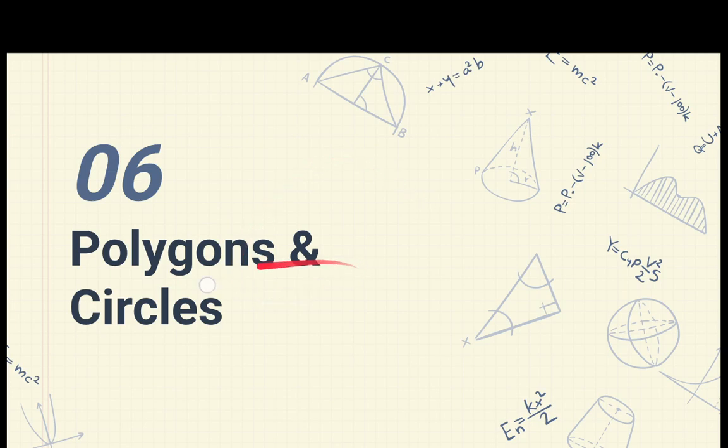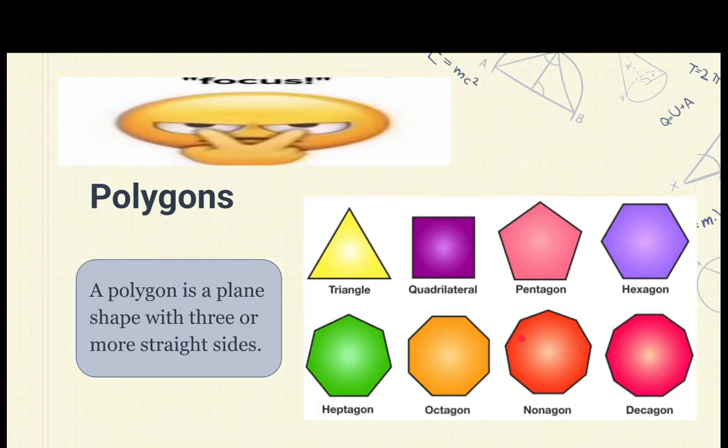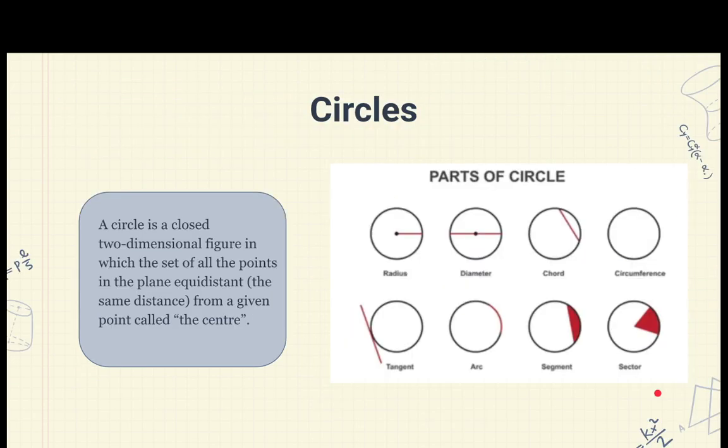Now there are polygons and circles. A polygon is a plane shape with 3 or more straight sides. There's the triangle, quadrilateral, pentagon, hexagon, heptagon, octagon, nonagon, and decagon. And now, in circles, a circle is a closed two-dimensional figure in which the set of all points in the plane are equidistant, the same distance, from a given point called the center. Now, there are parts of the circle: the radius, the diameter, the chord, the circumference, the segment, the sector, the